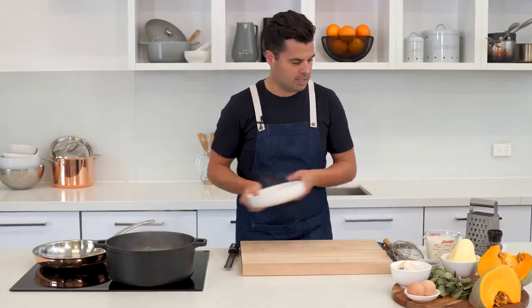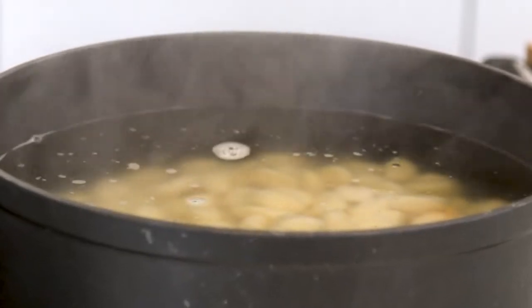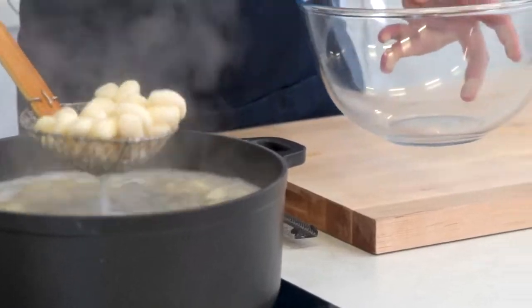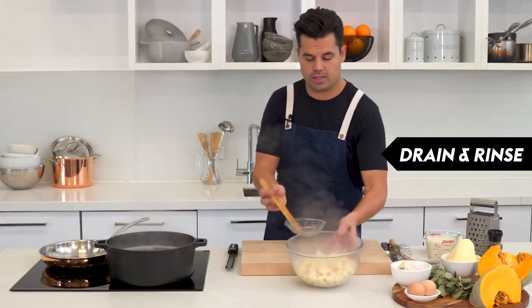going to boil that. And as soon as they rise to the top, it's only going to take a couple minutes. That means they're ready, so we can drain them instantly and get them into a bowl. So that's our cue. The gnocchi have started to float to the top, so we can just drain them straight away into our bowl. And I'll just rinse and drain these under cold water just so they stop cooking as